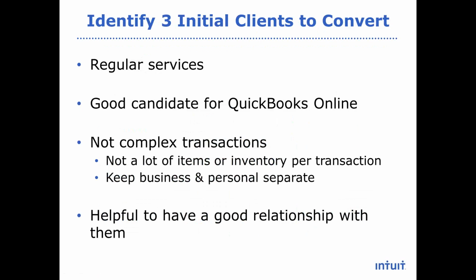Now, another thing that we want to talk about is looking for clients that don't have complex transactions. Remember, we're getting started here. We want to start with easy clients, not the hard clients. You want to start with clients that don't have a whole lot of line items or inventory on every single transaction. You also want to look for those clients that keep business and personal separate, because when our clients commingle